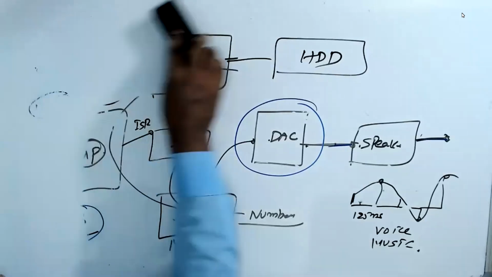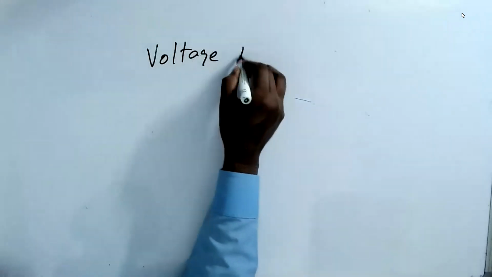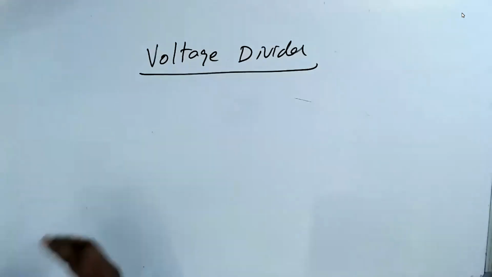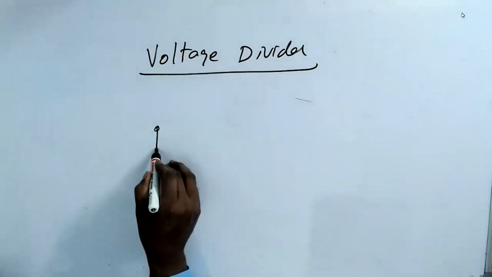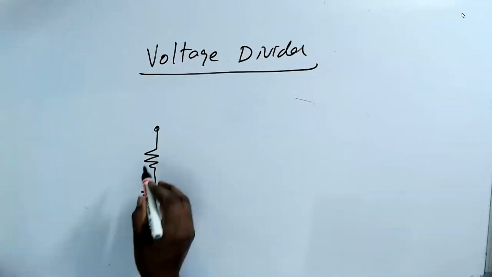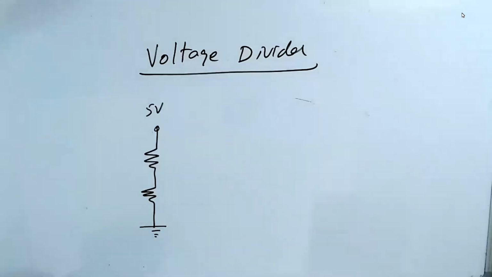Now I'll explain how the DAC works. Let me put a very simple thing. I have repeatedly told you so many times, please give more importance to the voltage divider in electrical. Let us see how it is getting used now. I have two resistors. If you apply 5 volt here,